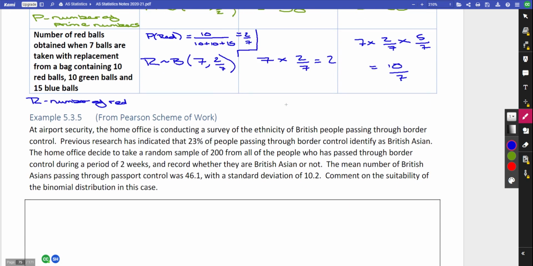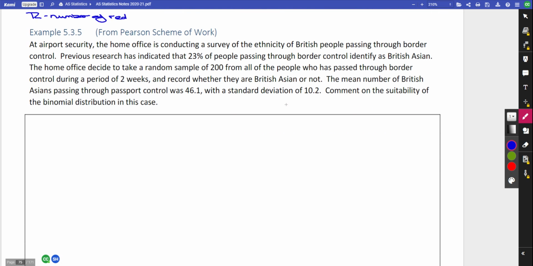Having a look at 3.5, you need to pause the video now and just have a read through the question and then have a quick think about it before you go through the explanation. This is the other type of question that we could get on this topic. So if we're looking at the question here,